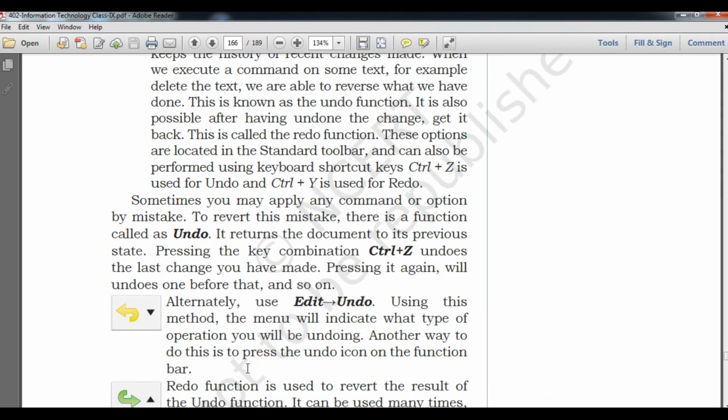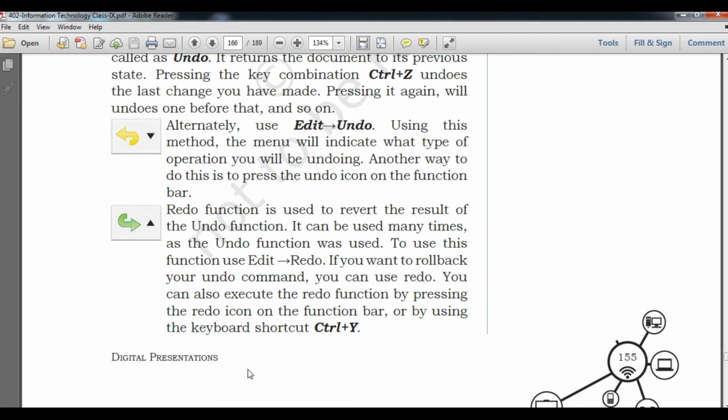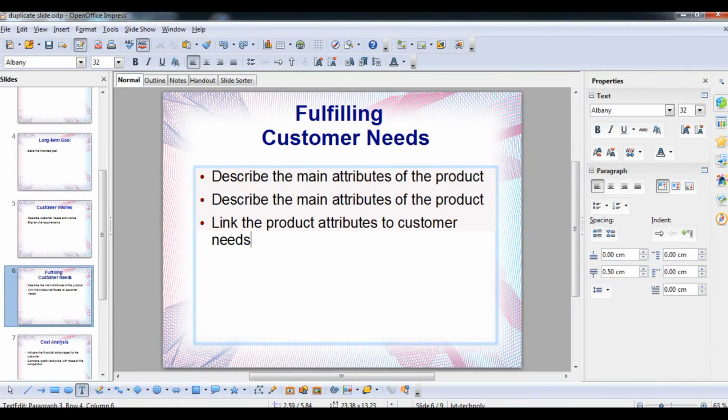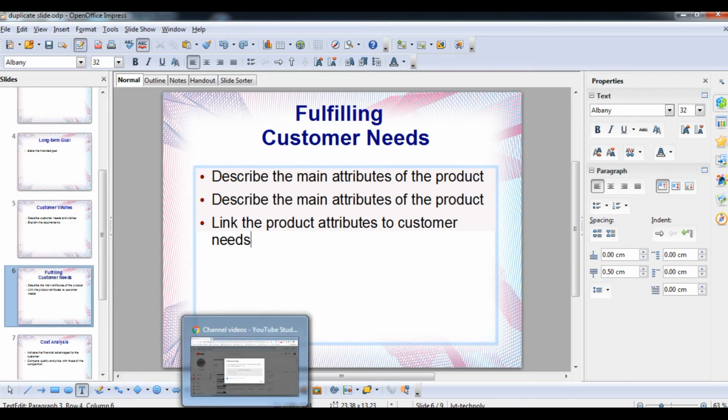Okay, now we are going to understand an alternate way to do the undo and redo. So simple, you have to just go to the open office, and then go to the edit option, and there you can see the undo and redo options. Control Z and Control Y are the direct commands, while these are the menu based commands. You can do that with the help of the direct commands Control Z and Control Y on the keyboard also.